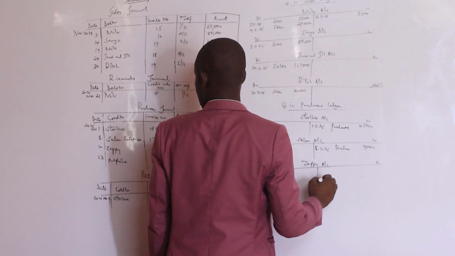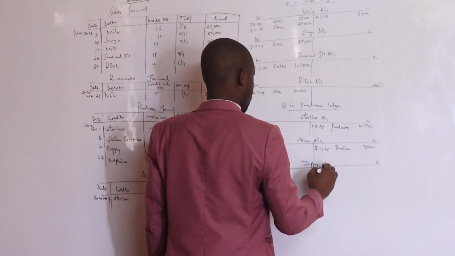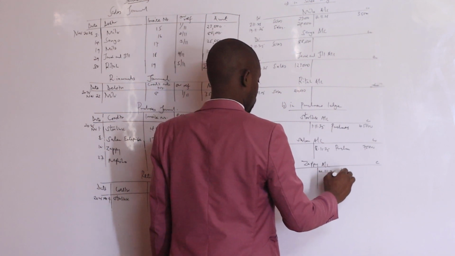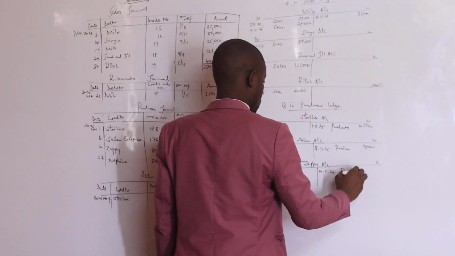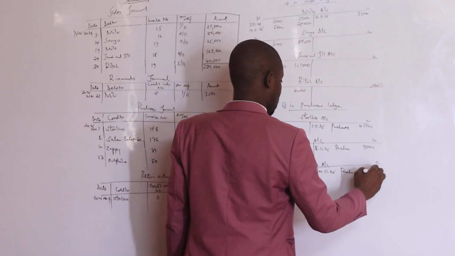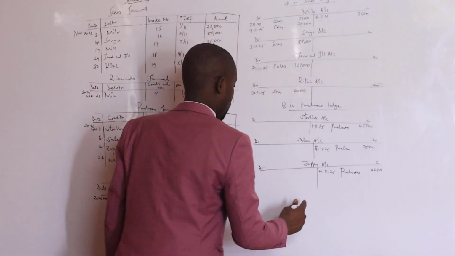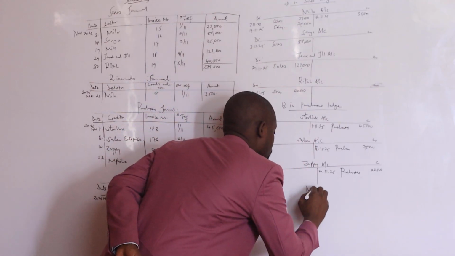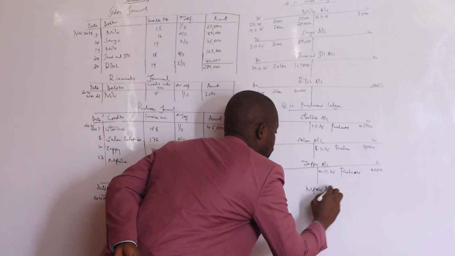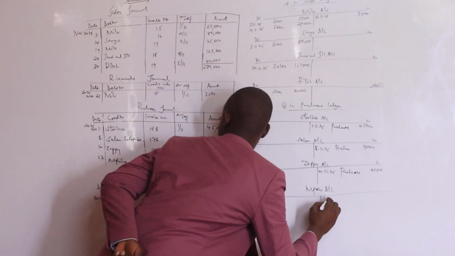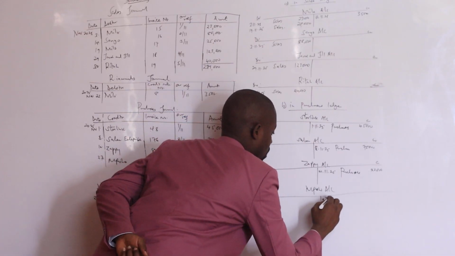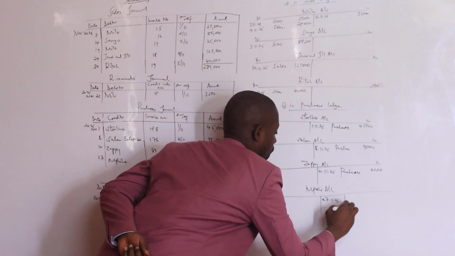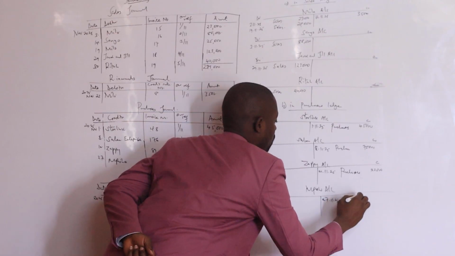That's on 10th. Purchases. That is 22,000. And lastly, we have Mpasho account. That was on 27. Purchases